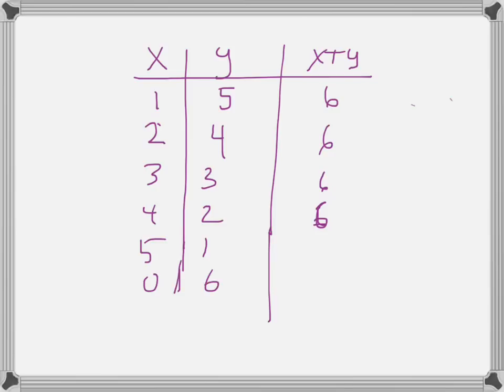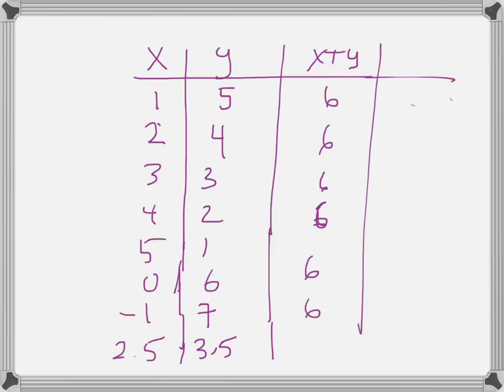I'm writing down whole numbers, but you can have numbers that are not whole numbers. If x were negative 1, I'd have to add 7 to negative 1 in order to get to 6, right? I could also have decimals. I could say 2.5. I'd have to add 3.5 to 2.5 in order to get to 6. Now, if I look at the x and y pairs, I would have 1, 5, 2, 4, 3, 3,